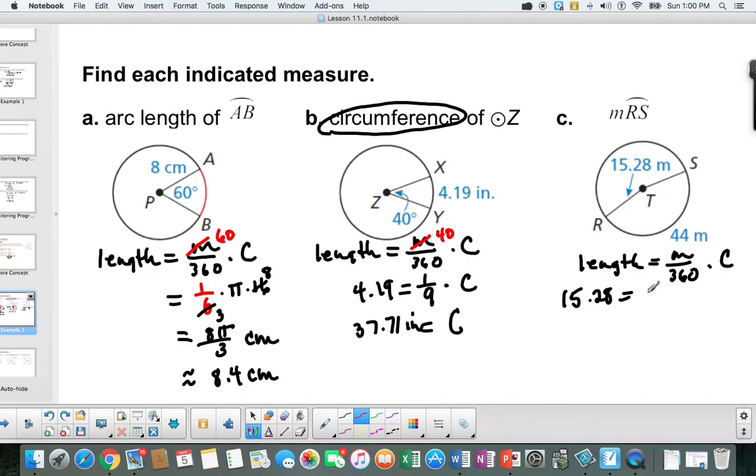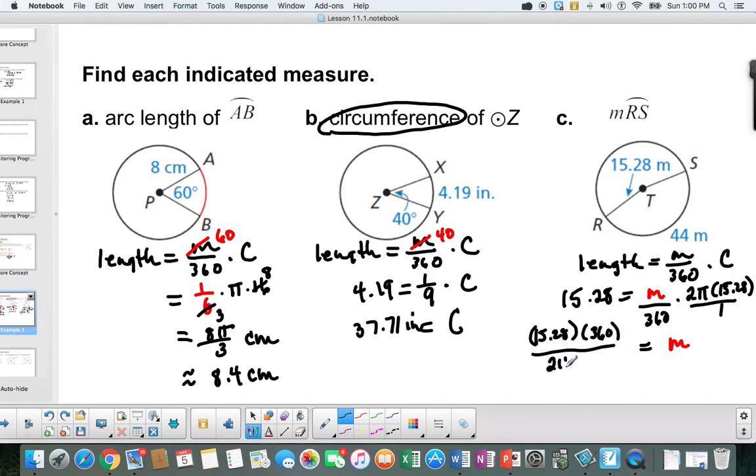I'll put m here, divided by 360 times, and then my circumference is going to be 2 pi, and then my radius is 15.28. Now what I'm going to do is isolate m, and to isolate m, I'm going to multiply by the reciprocal. So I'll have 15.28 multiplying by 360, and then dividing by 2 pi